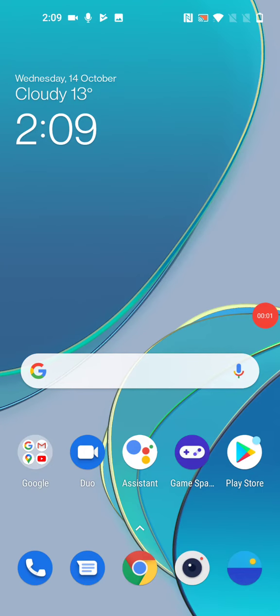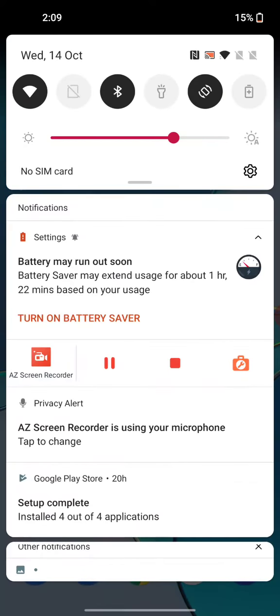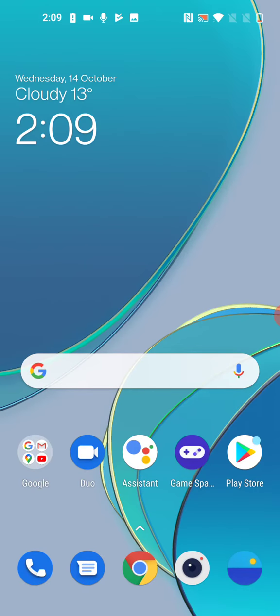Alright, so welcome to the user interface for the OnePlus 8T handset. It's just been announced today, and this is a look inside of the phone. And you can see, obviously, I need to charge the battery up, so we'll do that in a moment. But let's have a look at some of the settings here, because you might notice here that I haven't got